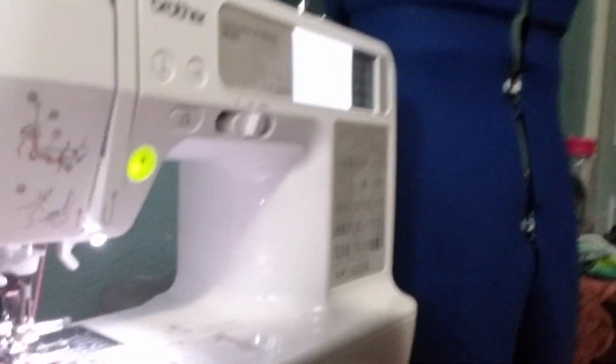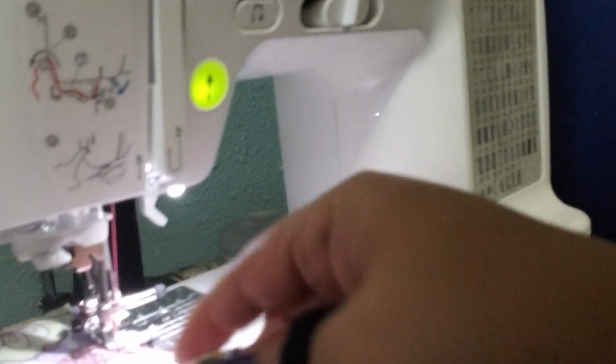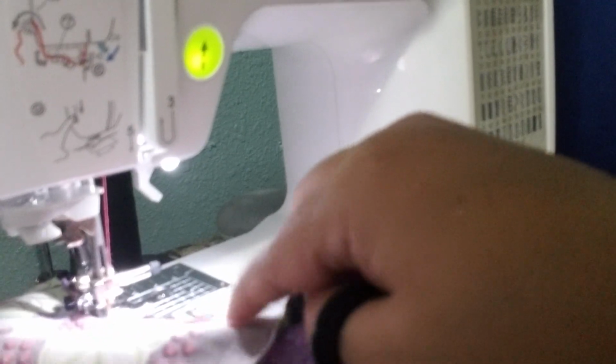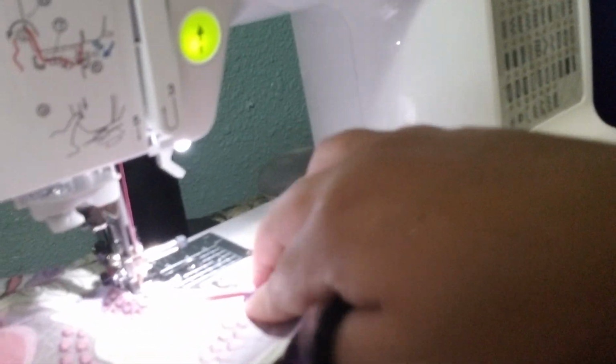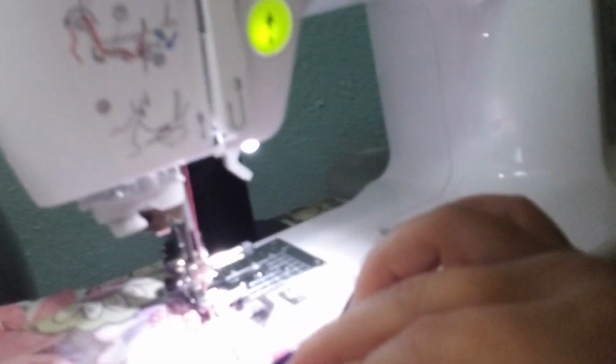Was recording this whole time. Okay, so see how now I need to adjust that in. Oh, it's hard to do it. So basically you just want to keep sandwiching the material. Use your fingers to line it up as close to the edge. You could feel it once you're doing it. And then you just